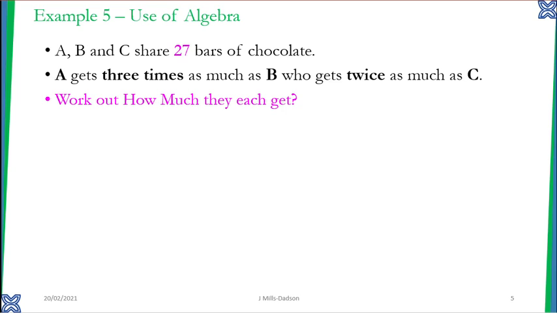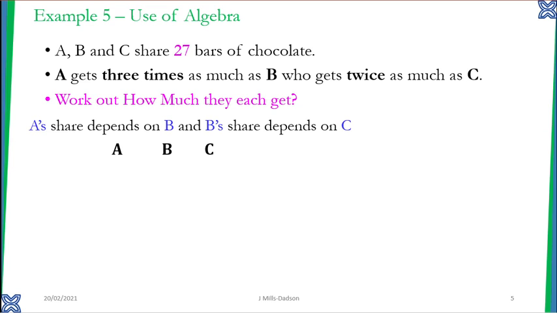So here we have A, B, and C share 27 bars of chocolate. We know the total number of bars that they share. A gets 3 times as much as B, who gets twice as much as C. So which means that someone's share depends on the other. Okay. Now, if you read the question carefully, you see that A's share depends on B, and B's share depends